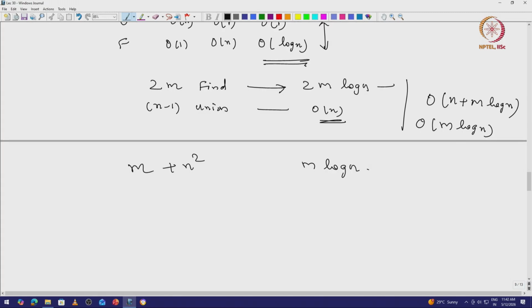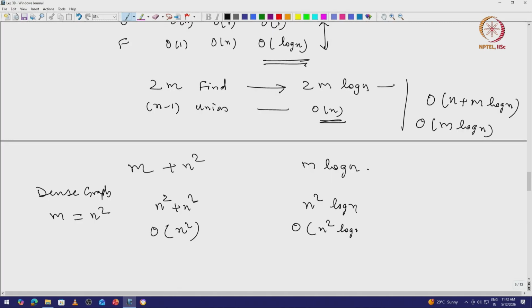Now for a dense graph, m equal to n square, therefore this becomes n square plus n square, that is O n square. This becomes n square log n, which is O n square log n, some order log n more. But for a sparse graph,